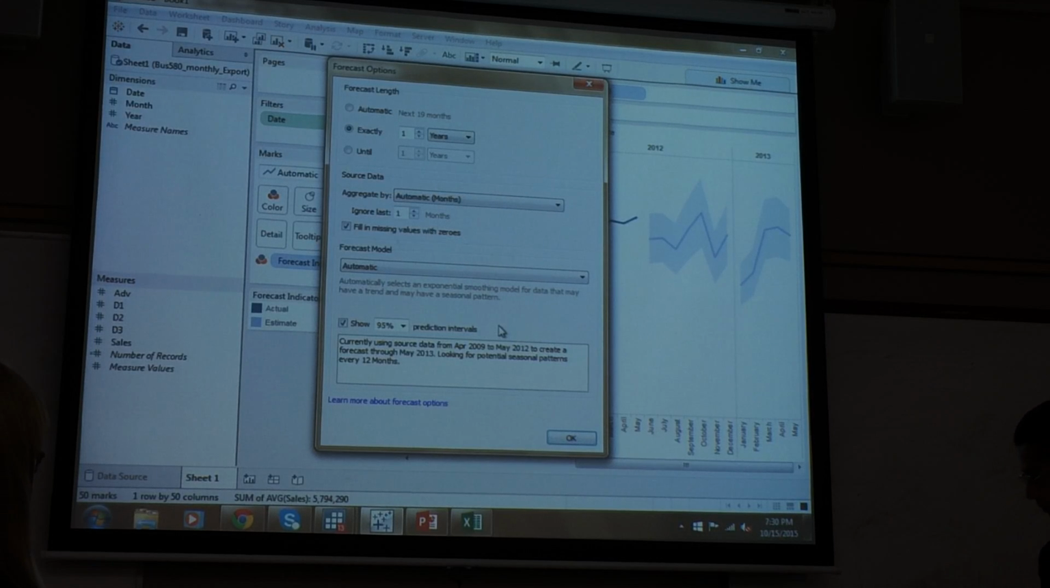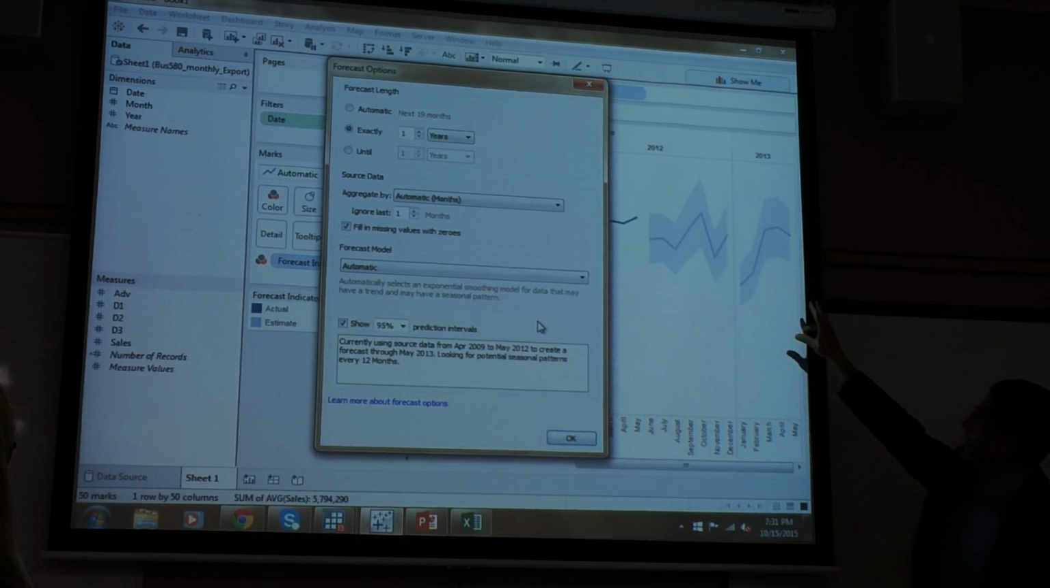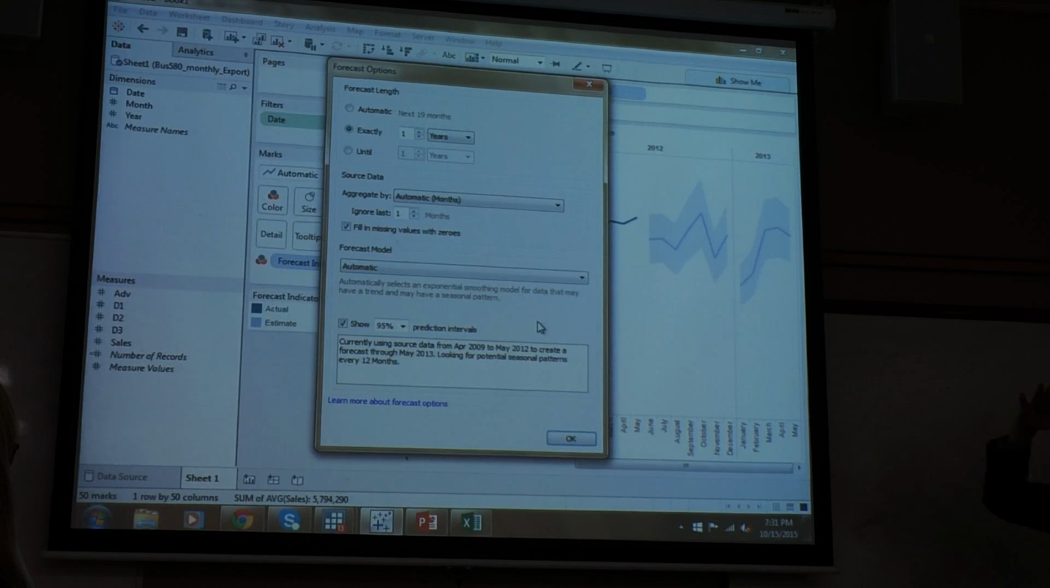So the data is actual through 2011? The data ended in, let's see, currently using April 2009 to May 2012 to create the forecast through May 2013, yeah. It tells you everything. And if we don't like a 95% confidence interval, we can construct a 99% confidence interval. So watch, the forecast's not going to change, but the gray area, the margin of error, is going to change. So watch the gray area. It should get